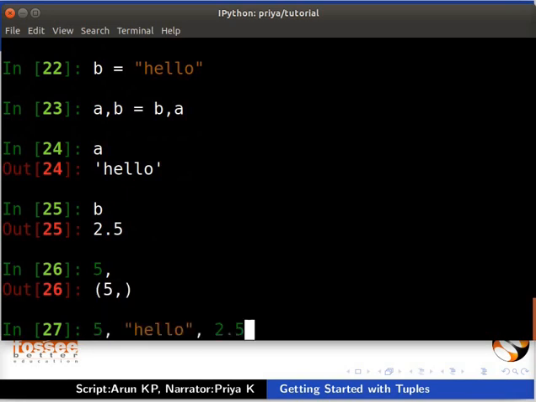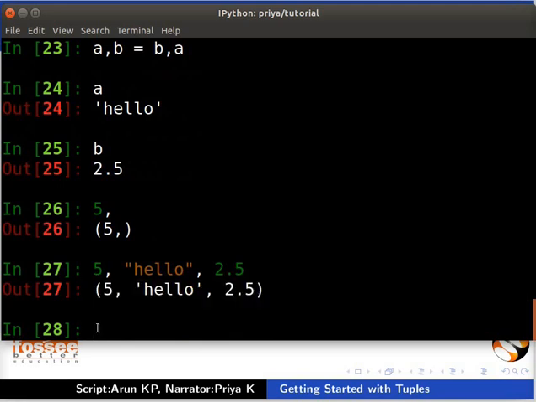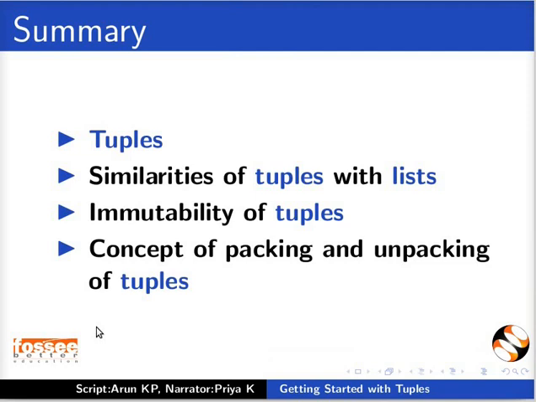Type 5 comma inside double quotes hello comma 2.5. Now it is a tuple with 3 elements. When we type 2 or more elements separated by commas, those elements are packed into a tuple. Immutability of tuples ensures that the values are not changed during the packing and unpacking.